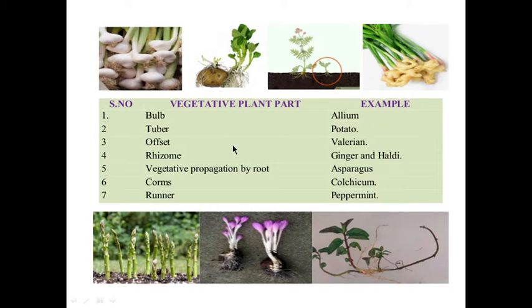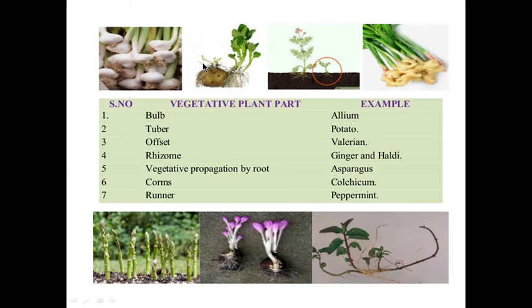So here there are various examples given, different parts of the plant which are used for propagation of different types of medicinal plant. First one is bulbs. Here you can see these are the bulbs, these are the storage food materials which are under the ground, and these bulbs have rootlets. Such bulbs are used for propagation of new plant of allium. So if the allium is there, the propagation is done by using bulb. In case of potato, tubers are used.